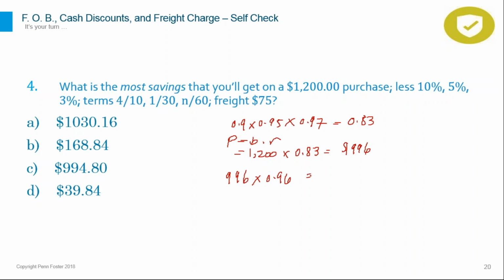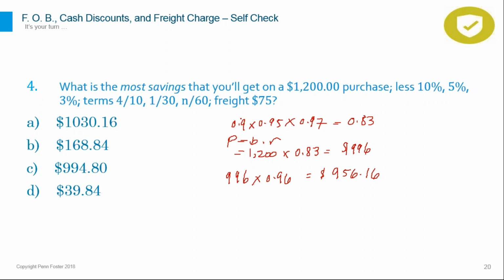And then multiply together, and that will give you 956.16. I'm going to do that real quick on the calculator just to make sure I have the right numbers. 996 times 0.96, and that gives me exactly the same number that you have on the screen. So that is the selling price after the 1, 2, 3, 4